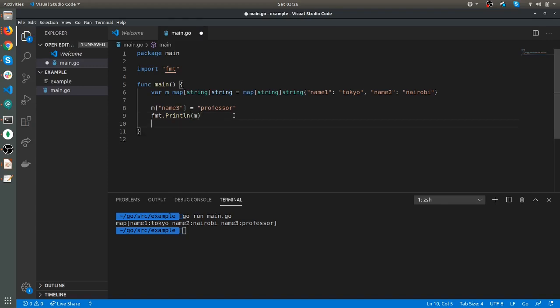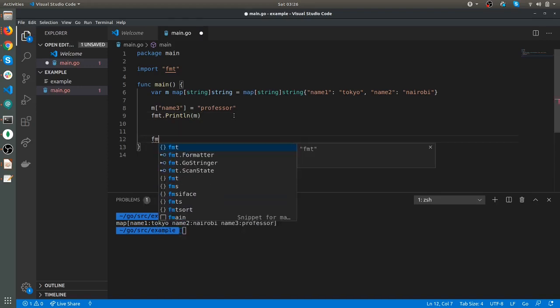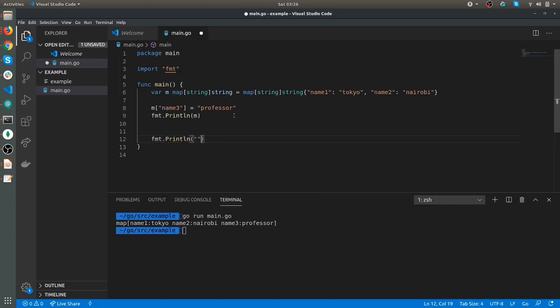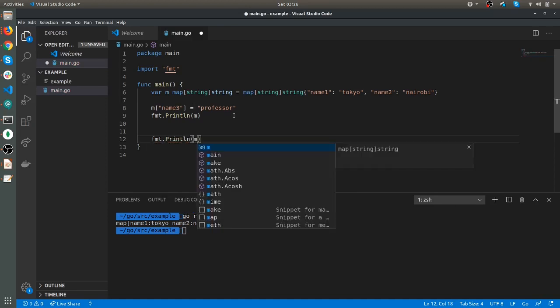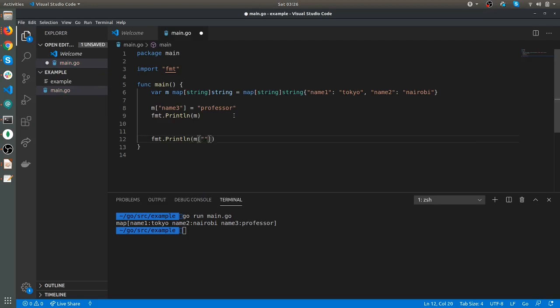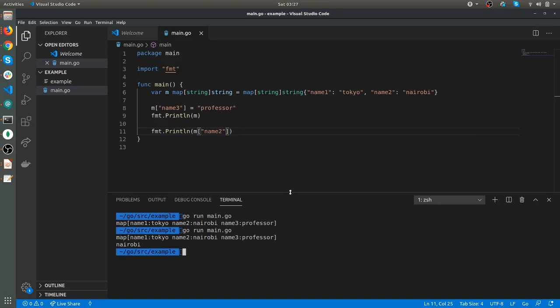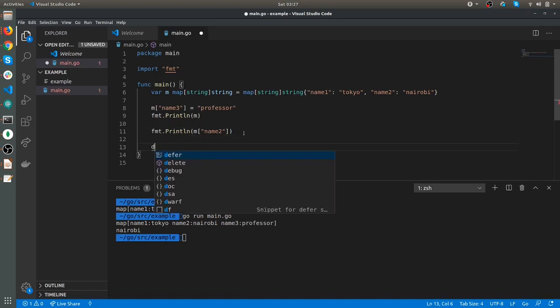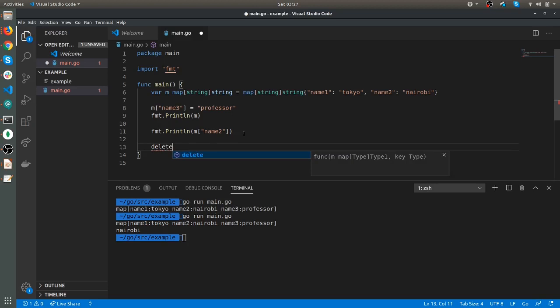If we want to access a single value, let's suppose name 2, you can see that name 2 is Nairobi. If you want to delete any value, you need to call the delete function, then pass the map and then the key.